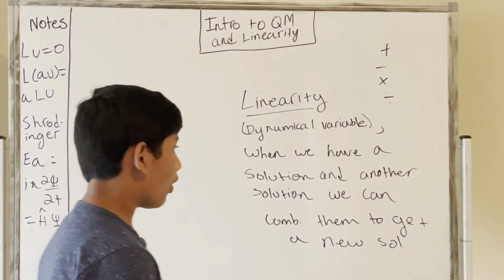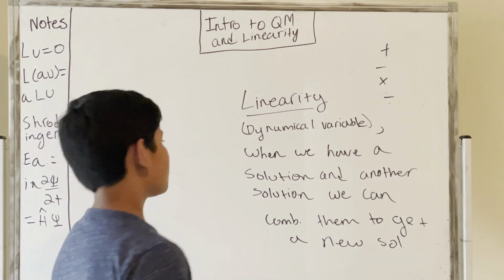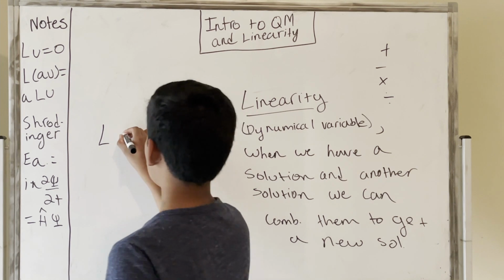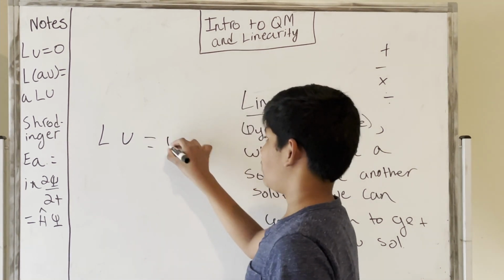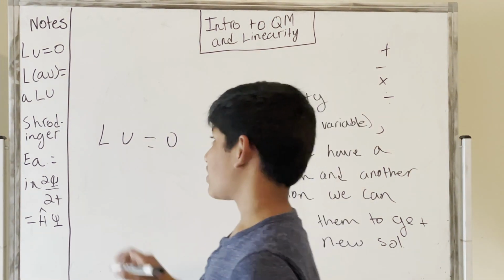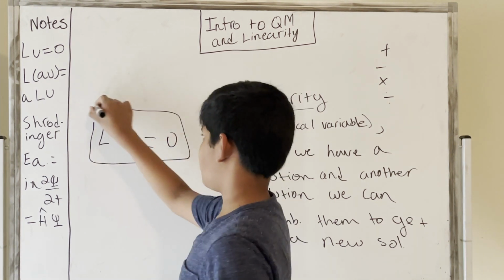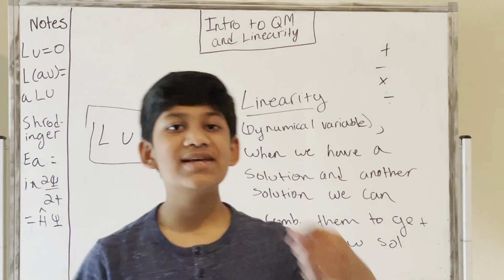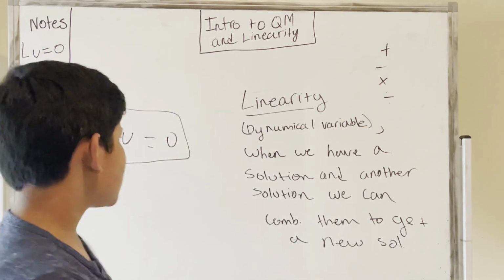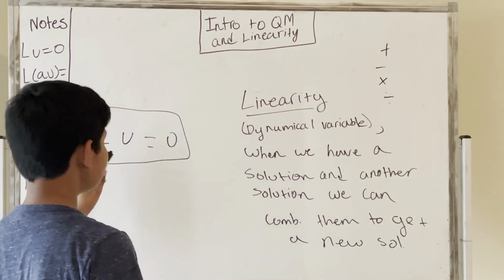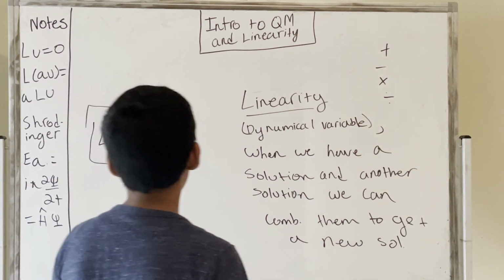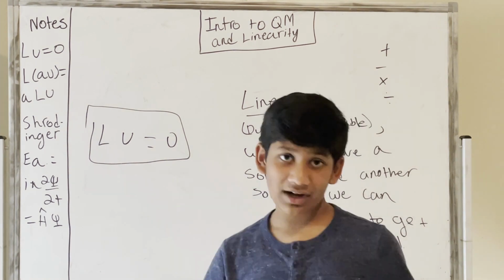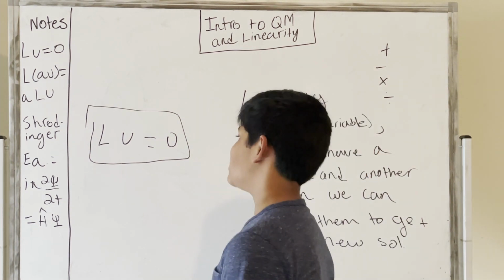It just changes. So what exactly linearity is, it is the linear operator times a dynamical variable u is equal to 0. This is the basic law of linearity. Linearity is just stating that when we have a linear operator, this linear operator operates on a specific variable, which turns out to be 0. So this is the concept of linearity. It turns eventually into 0.